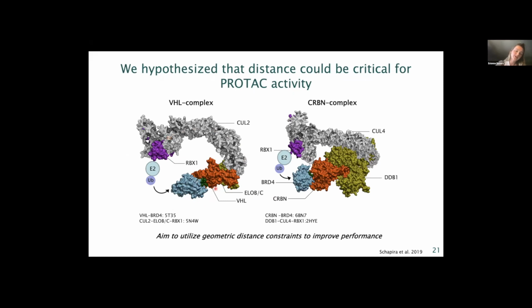So if you look here, this is the E3 ligase VHL, for example, with in green here the PROTAC bound, and in this case bromodomain 4 binding domain 1 in light blue. It's connected with this ring to the RBX1 protein that's connected to the E2 ligase that's actually responsible for this ubiquitination. And we hypothesized that this distance might be indicative of PROTAC activity, that active PROTACs might induce a closer distance to this E2 ligase versus an